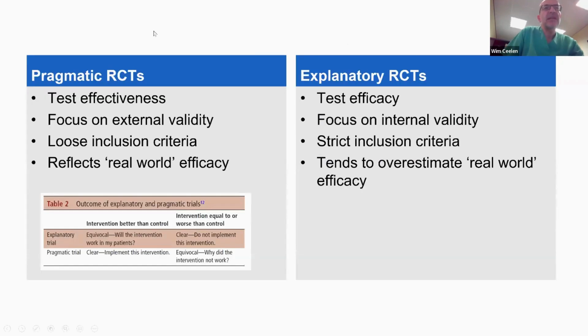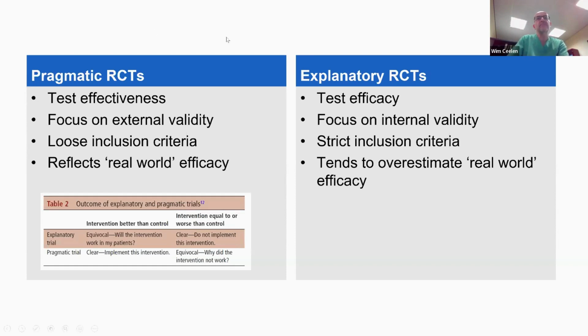What about pragmatic trials? So pragmatic trials have the advantage that they are easier to perform because you in fact use methods which are in daily clinical practice, and also that they have a higher so-called external validity. External validity means that results that you obtain in the trial will also be replicated in the real world. And this is not often the case in randomized trials. We know very well from the literature that the results that you obtained in the strict controlled environment of a randomized trial are often not replicated in the real world